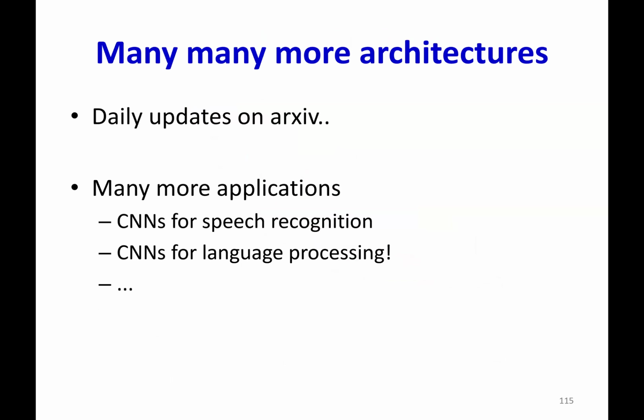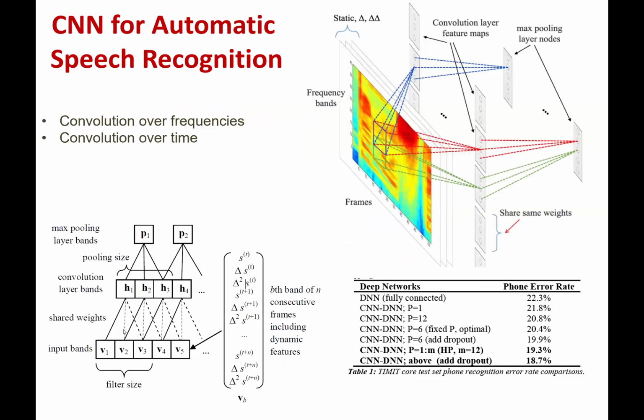So CNNs, you get the idea. They're beautiful models. They were originally intended for shift invariant processing of images and audio, but they could be applied for any kind of data. These days, they're used for speech, they're used for language, and you're going to see them everywhere. And in your homework, right? CNN in your homework. So I will stop here